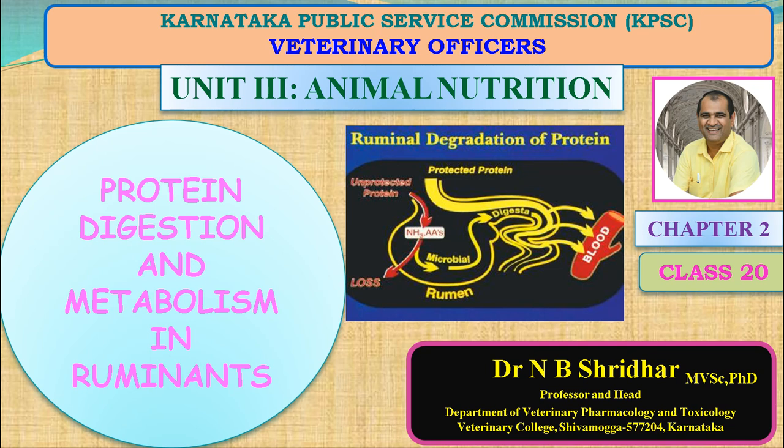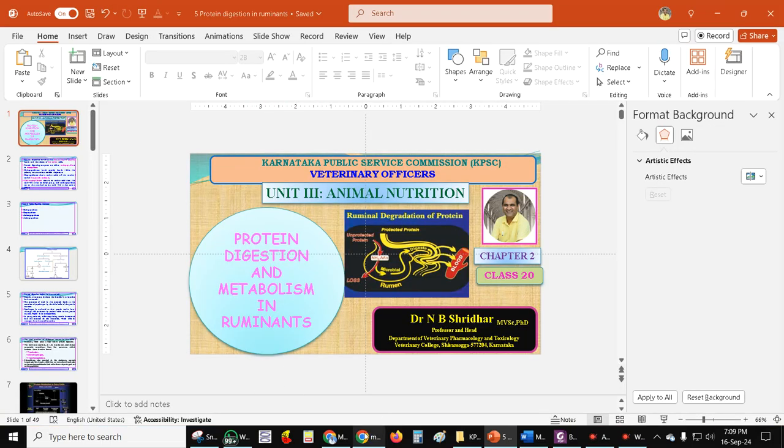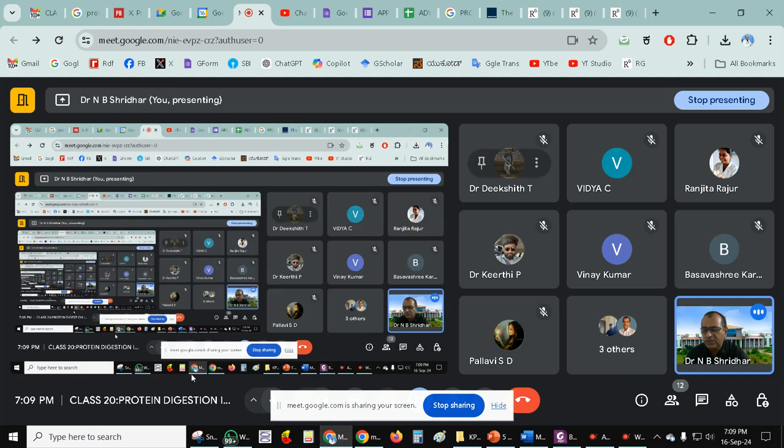Today, as part of the continuous education, Unit 3, animal nutrition will be studied. In that chapter, we are going to study the nutritional requirements of dairy cattle, especially ruminants. This is one of the important things that one needs to know, and what we need to study is